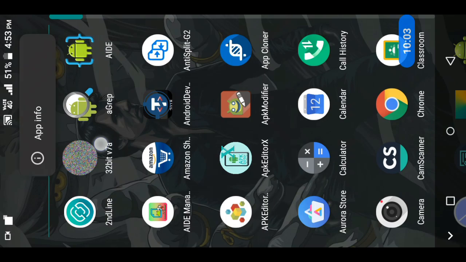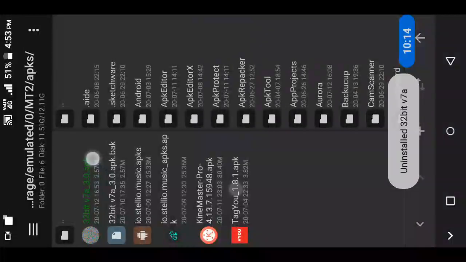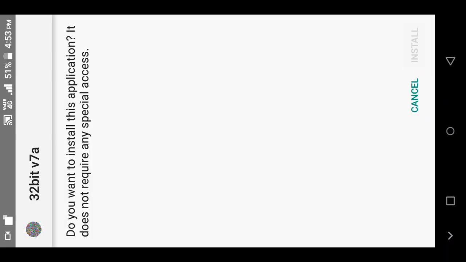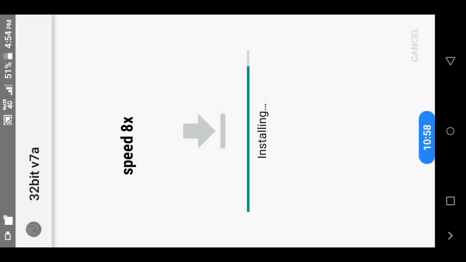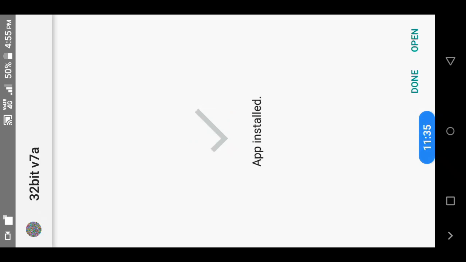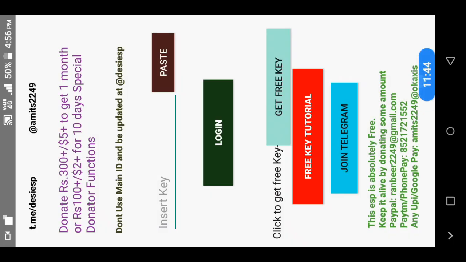I will uninstall this one, and install this modified one now. I can see it is installed now. Let's open it. You can see we got the login page.